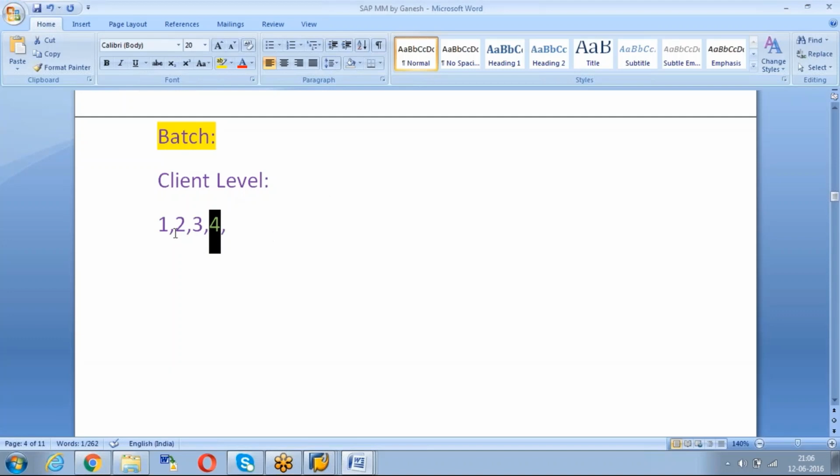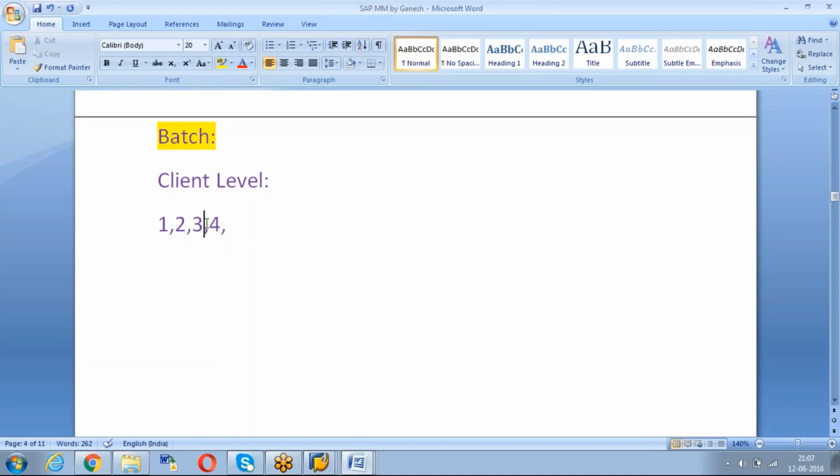Again, when a plant 1 person is doing some goods receipt for any material, batch number 3 will be available under that client only once; nobody will repeat it again.